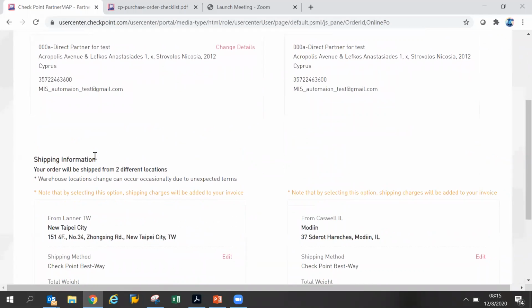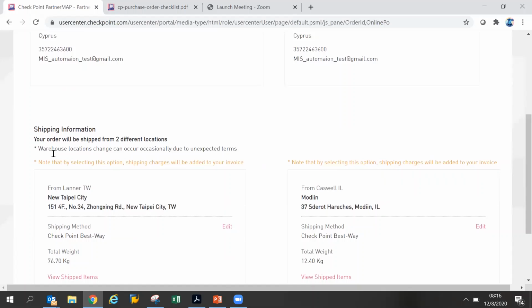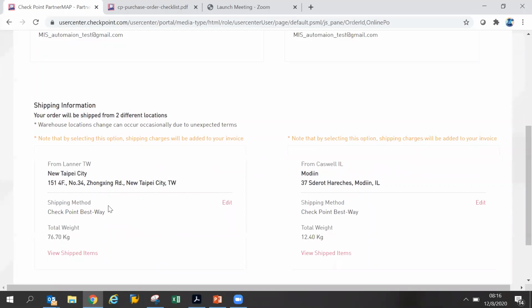Down here under shipping information, there's a warning note that warehouse locations can change occasionally due to unexpected issues. Sometimes there are stock issues at a certain warehouse where we expect to ship it. For example, here we're expecting to ship this order partially from Taiwan and from Israel. If there are any extenuating circumstances that change that, logistics will adjust that and will